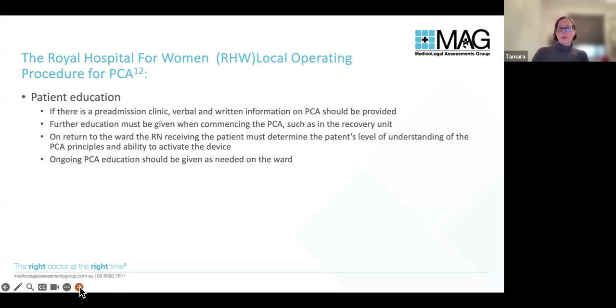It also states very explicitly in this procedure that the registered nurse receiving the patient must be able to determine the patient's level of understanding of those principles and their ability to use it. Firstly, are they actually perhaps not cognitively up to analgesing themselves? They're not using this well and they're in pain. Maybe we could prescribe an infusion instead, doctor. They're meant to have that experience and that agency to actually be an advocate for the patients, for efficacy as well as safety.